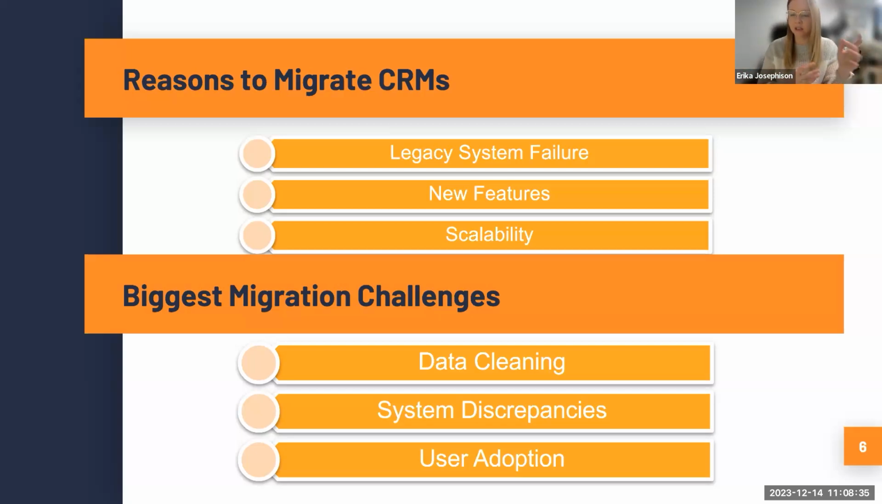This is a challenge that a lot of companies face, and we'll talk a little bit about how to get around that. System discrepancies, which means that the legacy system and HubSpot, or the legacy system and whatever new system you're migrating to, have different setups. They have different ways that they handle data. They even have different naming conventions, and this can be very confusing to companies who are not super experienced in